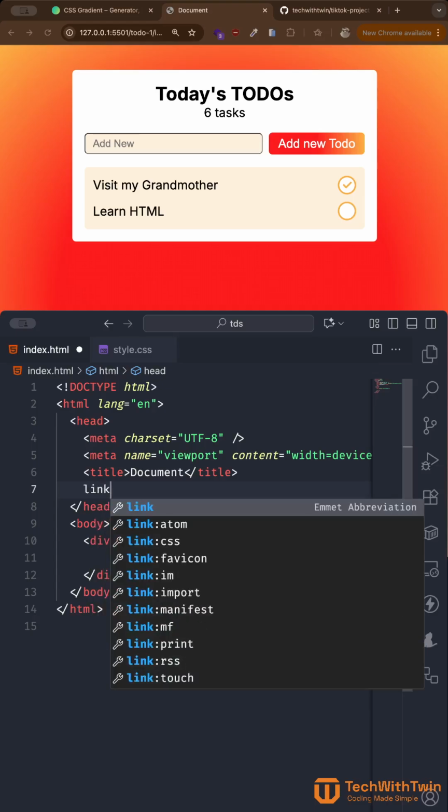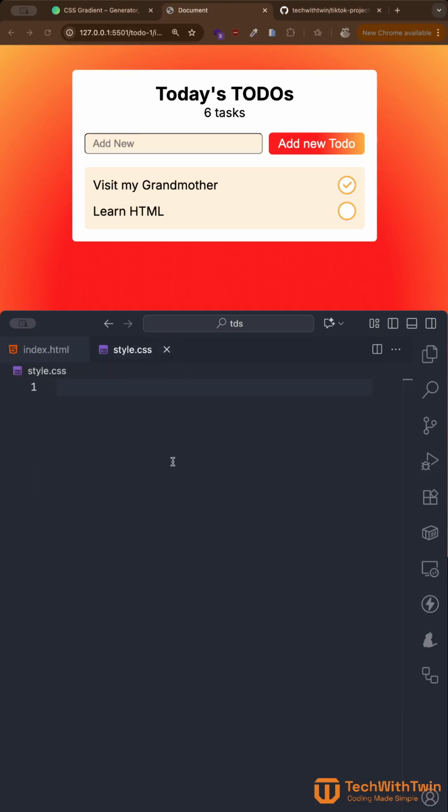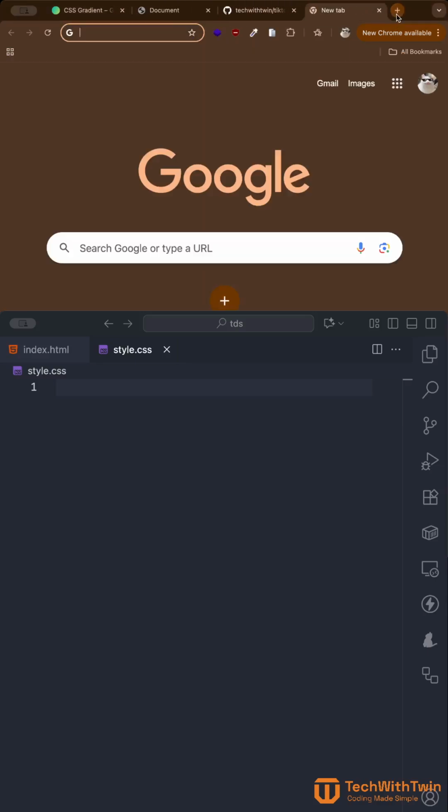So let's link up the CSS. So we can say link CSS. We link the CSS file. And then let's add the default CSS styles. So one of the defaults is that I want to add a font. So you can head over to Google